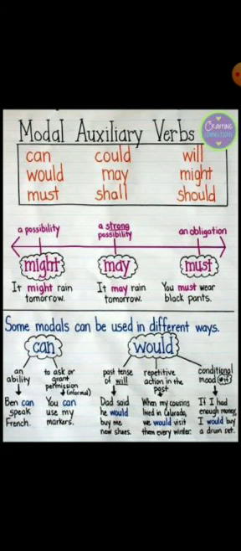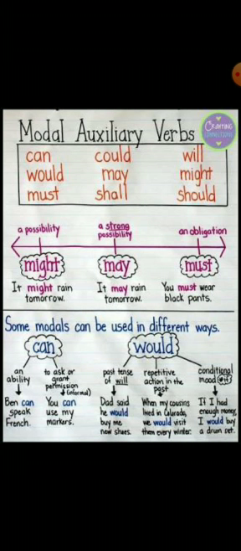Then, if I had enough money, I would buy a drum set. It is a conditional mood. Means it is a conditional sentence. Means when we are using if or whether, then it is a conditional mood. If I had money means if I am able to have money, only then I will be able to buy a drum set. So here in past tense we can say if I had money, then he would buy a drum set.